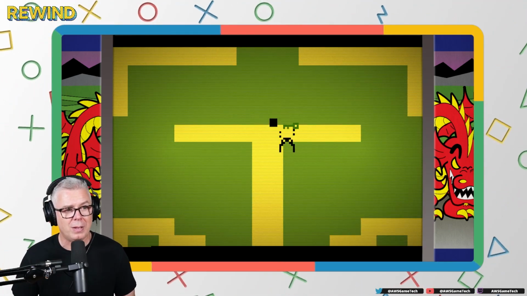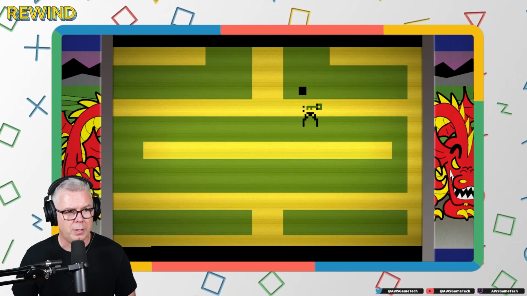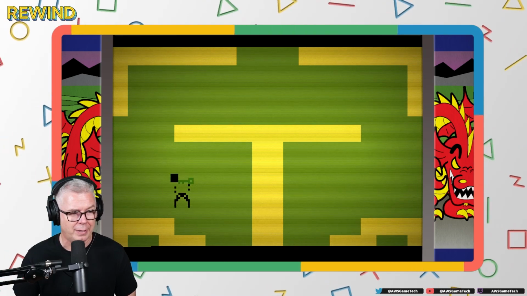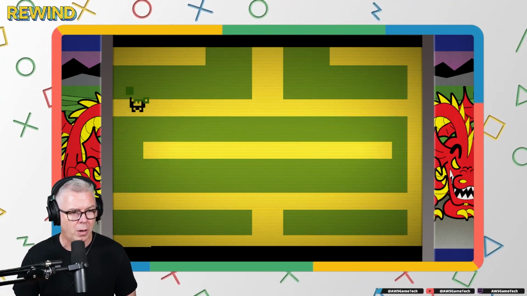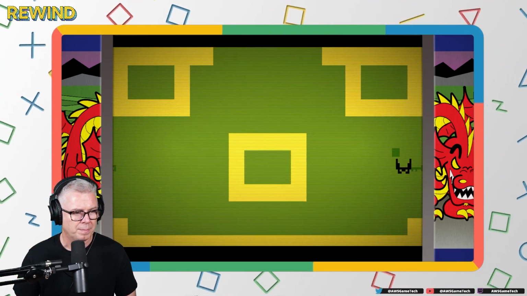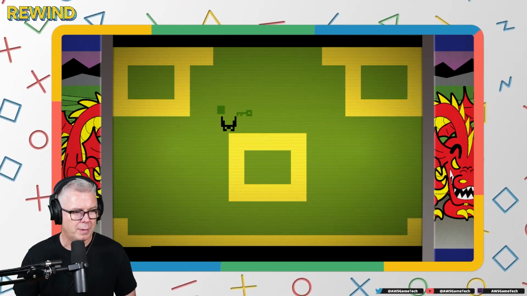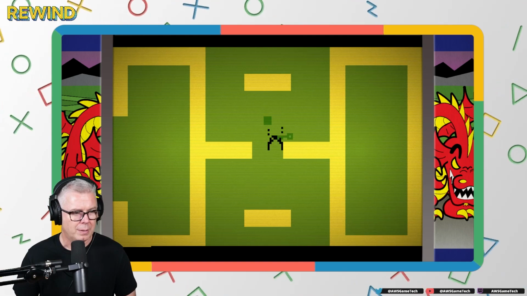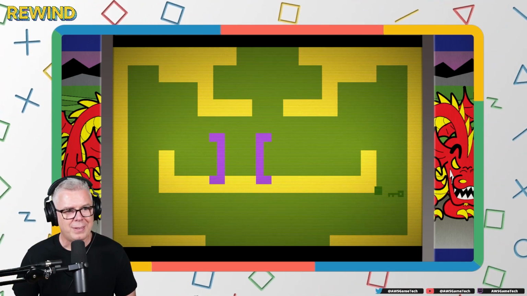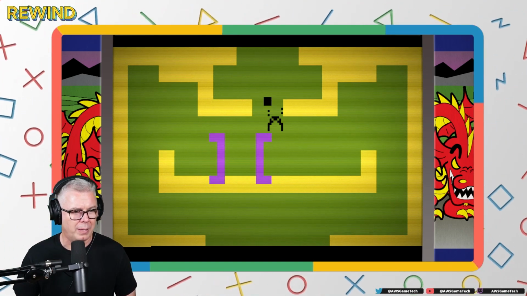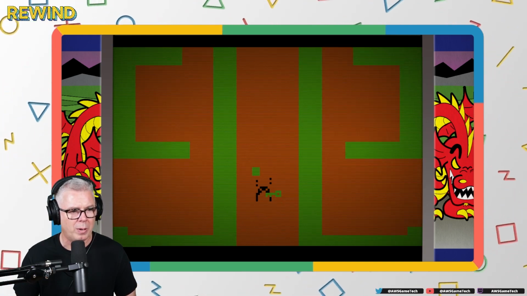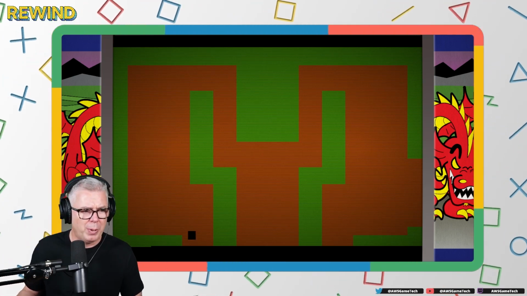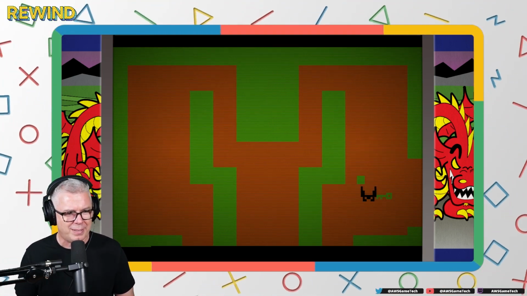Now, I believe in the original one, you could leave the bat in the castle if you got him inside of it. Clearly, can't do that here. Oh, wait. Is that the one I need to do up top here? Is this the... No, that's not the place I need to go. How about up here? Was it here? Let's see. Now, this game is going to take way too long to play through on this episode, but maybe at some point it would be good just to go and play some of these earlier adventure games. But you can see, look at how much bigger and sprawling this game is than the original.